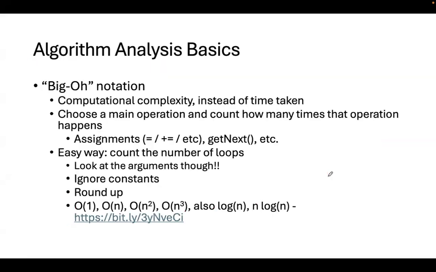And that's where big O notation comes in. So if you look at algorithms on the internet, you'll see something like O of whatever. This is big O notation. And so this tracks something that we call computational complexity instead of the amount of time taken. So this is not, I'm running this on this one computer and clicking a stopwatch when it starts and clicking it when it's done. That's not what we're looking at. We're looking at what's the complexity of this in general.